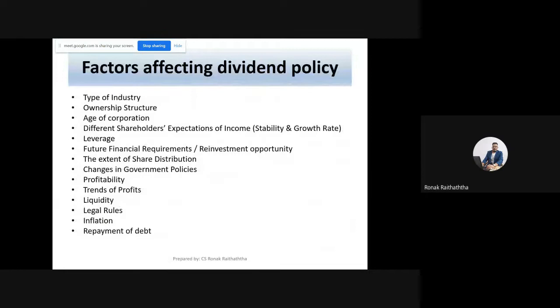Let's go to various factors which affect dividend decision making, and then we'll move to these models which will help us identify the exact quantum of dividend that we should distribute to maximize our market price. The majority of decisions in financial management are taken to satisfy one primary objective, that is to maximize the wealth of shareholders. When I say maximizing the wealth of shareholders, that means maximizing the share price. Generally, that is the meaning of maximization of wealth.